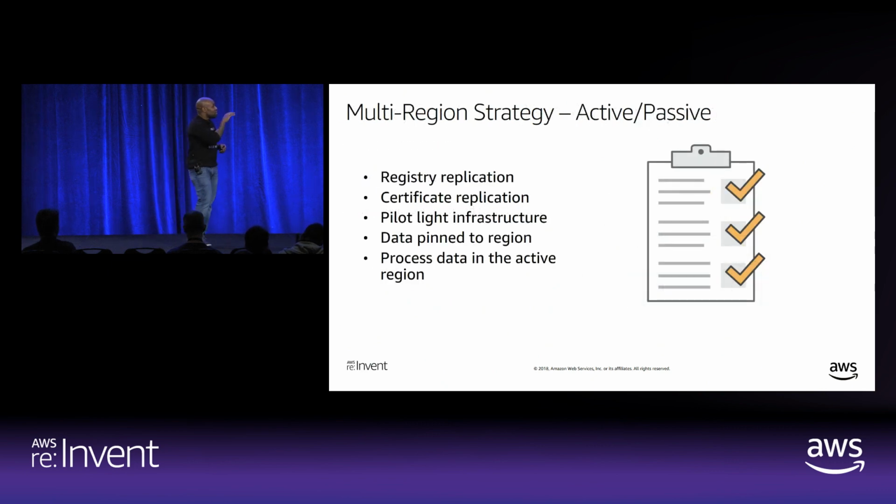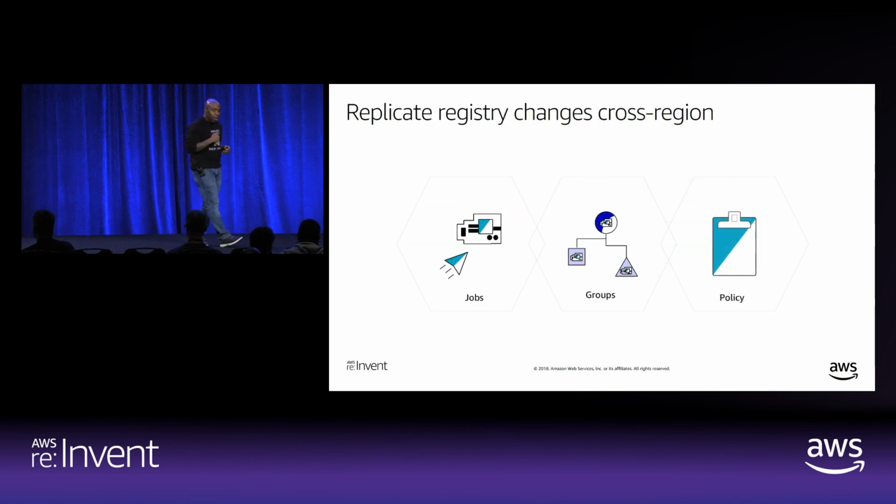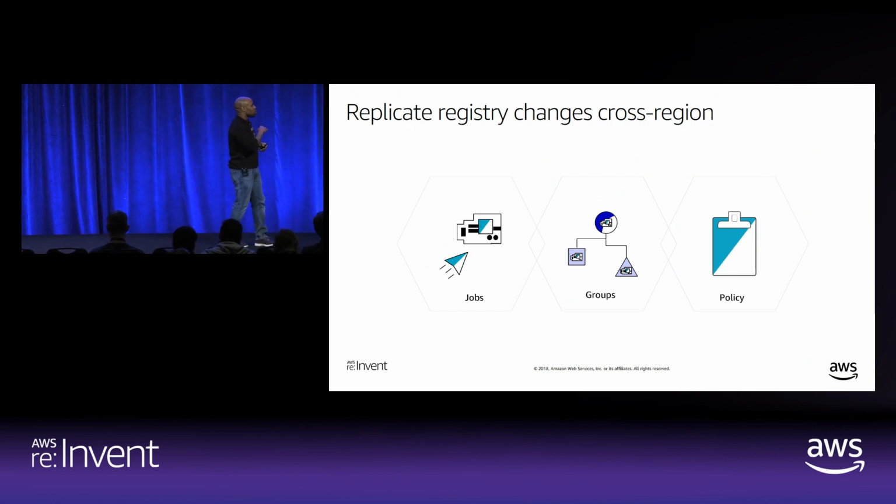So again, we've got to do these 5 things. And so I'm going to spend the next few minutes going over what all these look like, so you can figure out, okay, if I do registry replication, what does that look like? With registry replication, the things you have to think about is you need to essentially register everything that happens